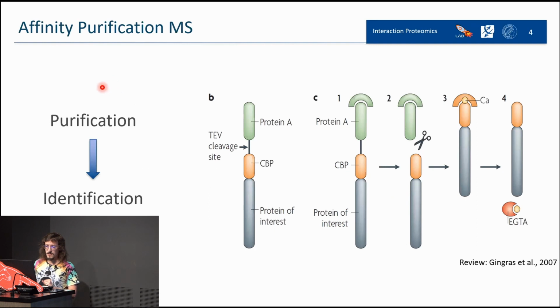There are different ways. One could be, for example, purification, and then identification. These are more wet lab techniques, so probably you know them better than I do. We have a protein A. We put here a binding protein, something that we know will surely bind with our protein of interest.